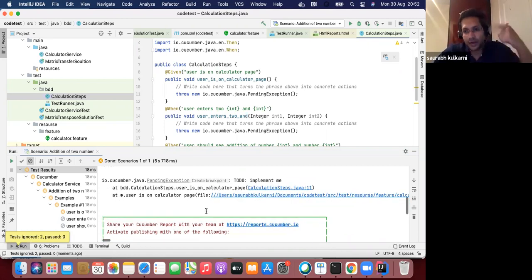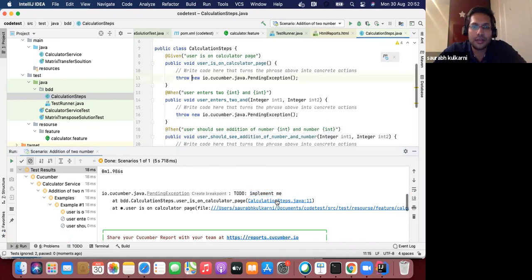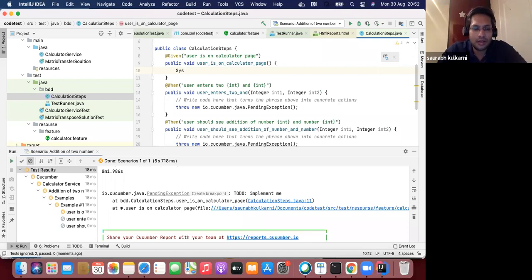Okay, now it's running the steps, but it's saying you have not implemented. It says to do, implement me. Okay, let's go to the steps and implement those. It says write your code. So I'm just simply writing quickly a code here to achieve this.